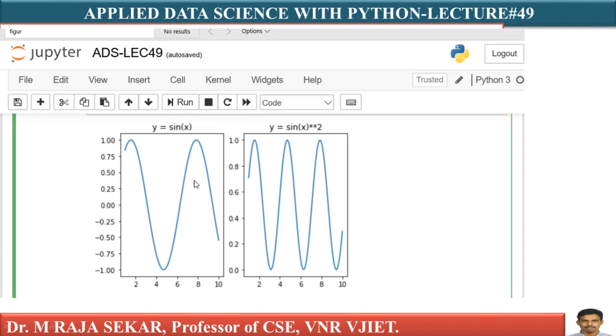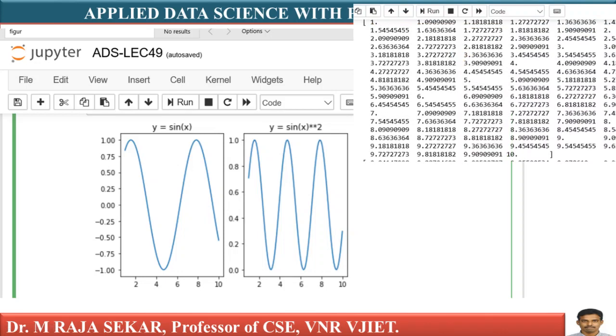That's why I am keeping the same output in a separate slide, nothing more than that, previous output only. Now what we were saying: x equals np.linspace(1, 10, 100). Between 1 and 10 you will get 100 points. This is the first one, and the last point is 10. These are evenly spaced points. Totally, there are 100 points. This is my x.